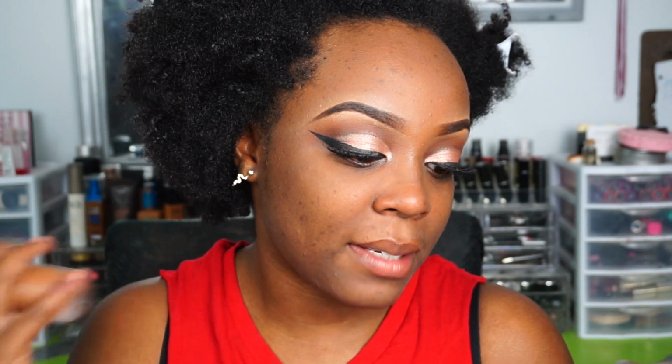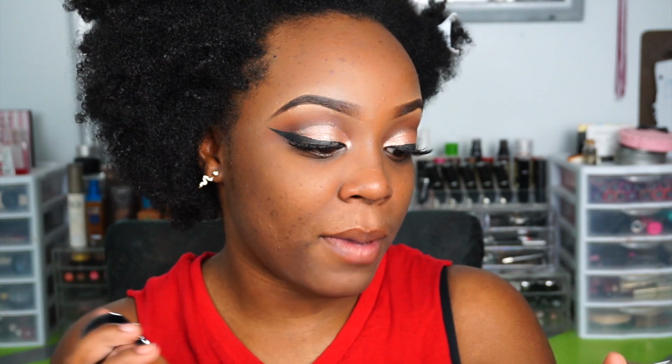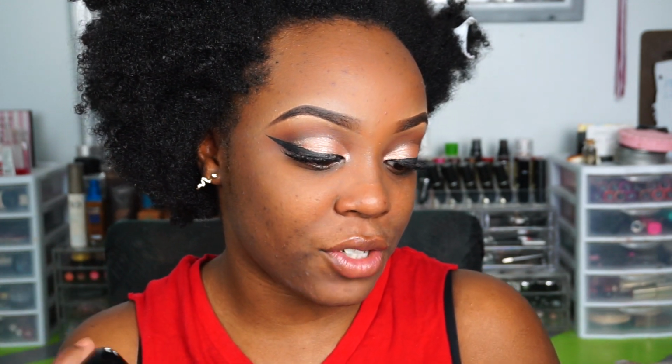So it comes with this little sheet, and it says Shake Remarkable, so you're supposed to shake it and it's really liquidy. And then it says use the dotting applicator, place 3 to 4 dots on face for best results. Start with less, blend before adding more. That's a smart thing. And then it says buff Remarkable into the face with a buffing brush using circular motions to blend seamlessly. I'm going to personally use my beauty blender because it is a little bit more liquidy than